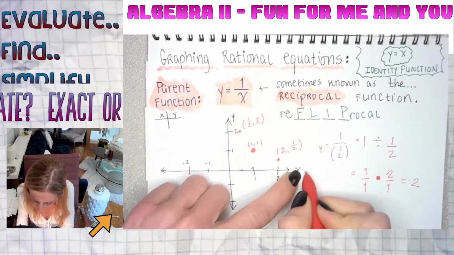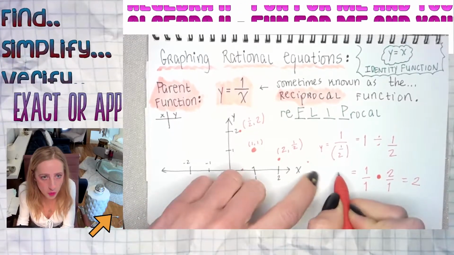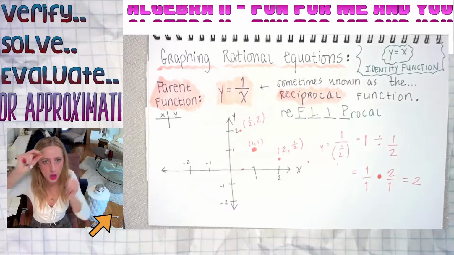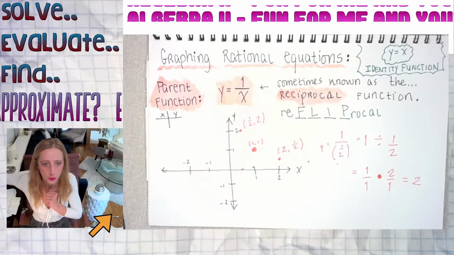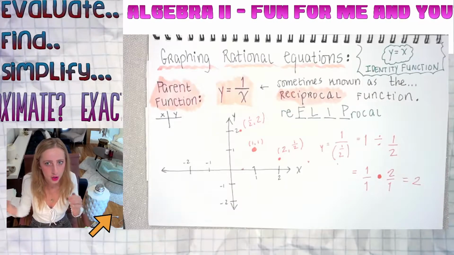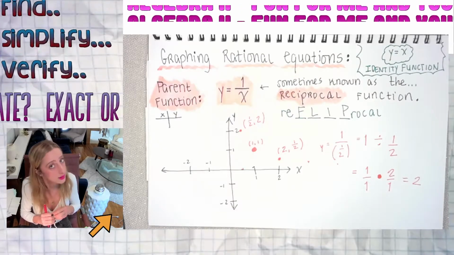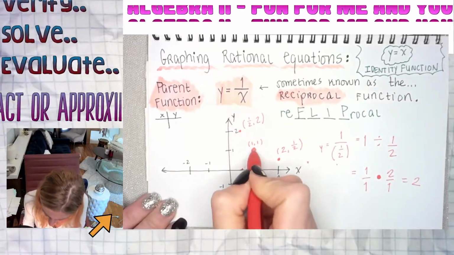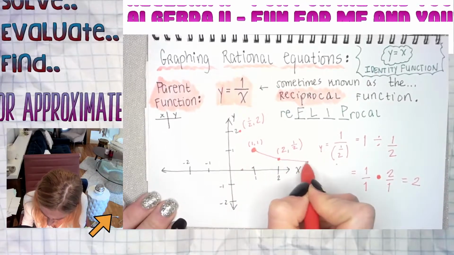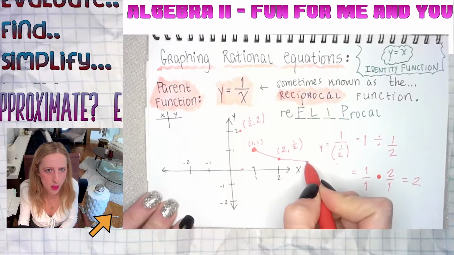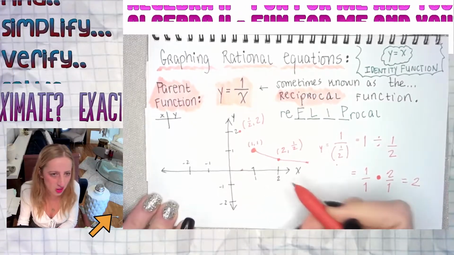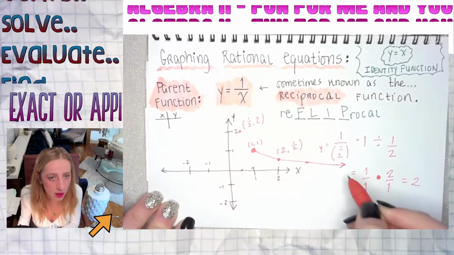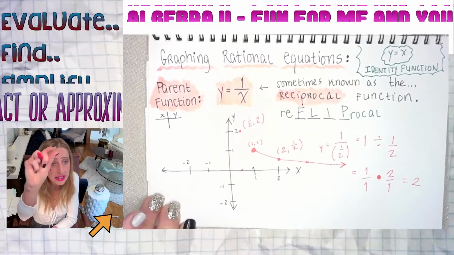If you plugged in 3, I promise you're going to get a third. If you plug in 4, a fourth. As you plug in bigger x's, what's happening to your y values? 1/2, 1/3, 1/4, 1/5. As your x's get bigger, your y values get smaller. Perfect. Will they become magically negative? 1/2, 1/3, 1/4, 1/5, 1/10, 1/100, 1/1000. Negative? No. They just get closer and closer and closer to a teeny thing known as